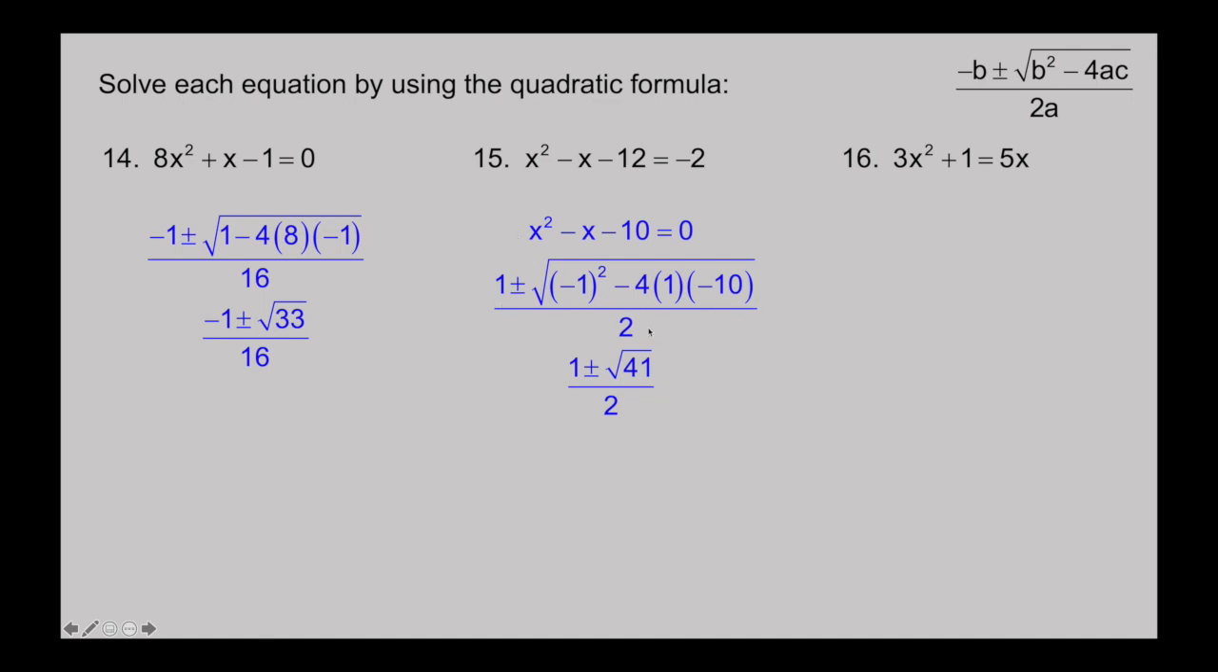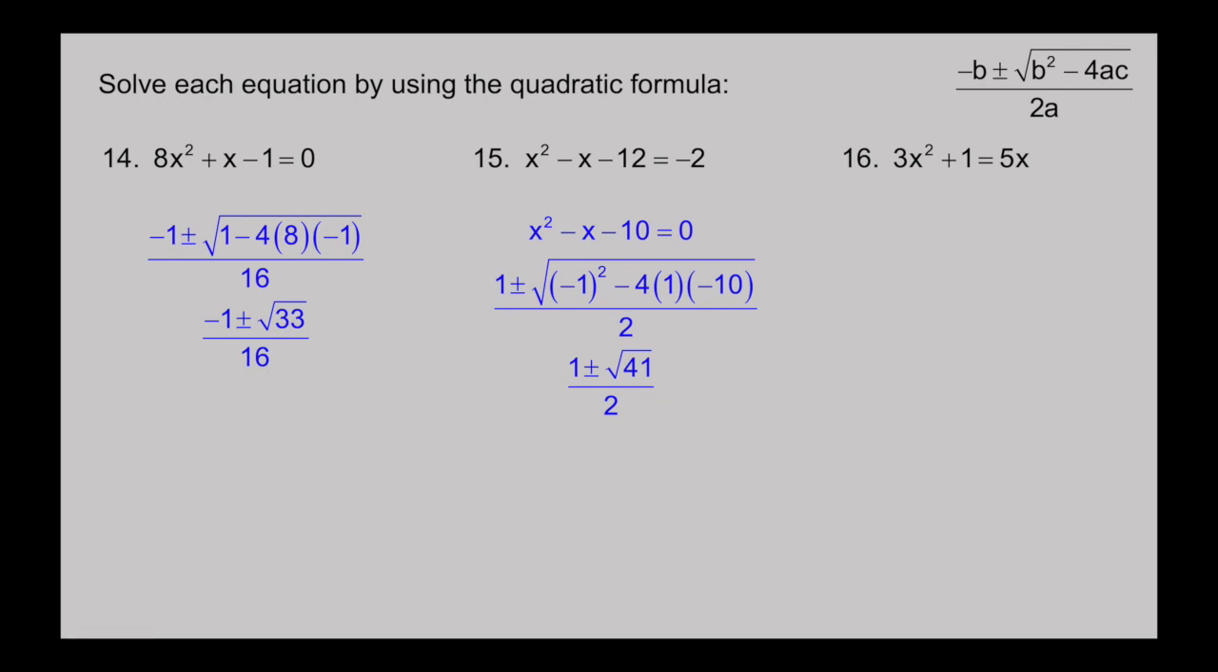So all over 2. Now from here, when I simplify the inside here, negative 1 squared is going to become 1. Right here, negative 4 times 1, I'm at negative 4. Multiply that by negative 10, this is 40. And then 40 plus 1 is 41. If I could break that down, I would, but it doesn't break down, so we get 1 plus or minus root 41 over 2. And then for 16, I start by subtracting 5x on each side so that I have